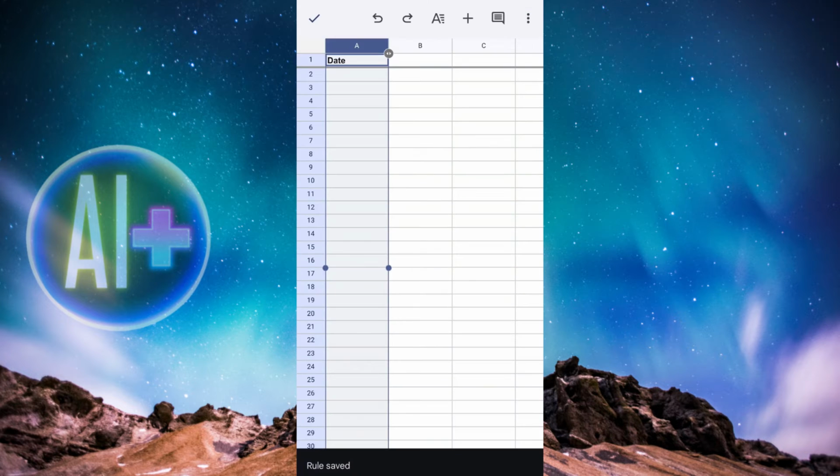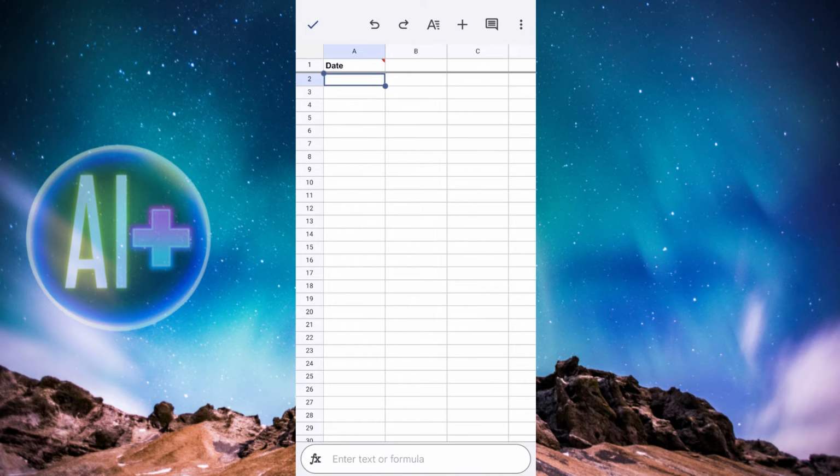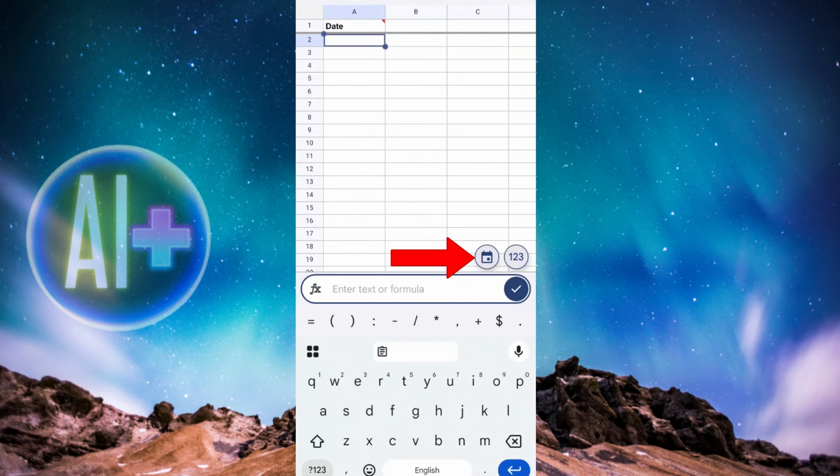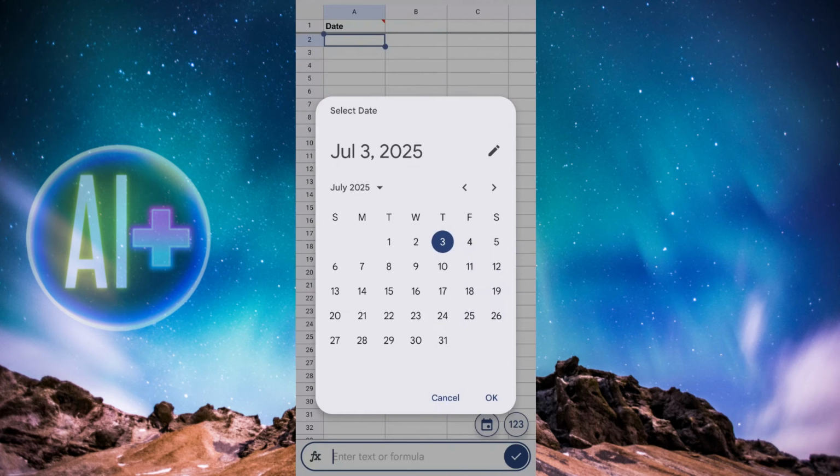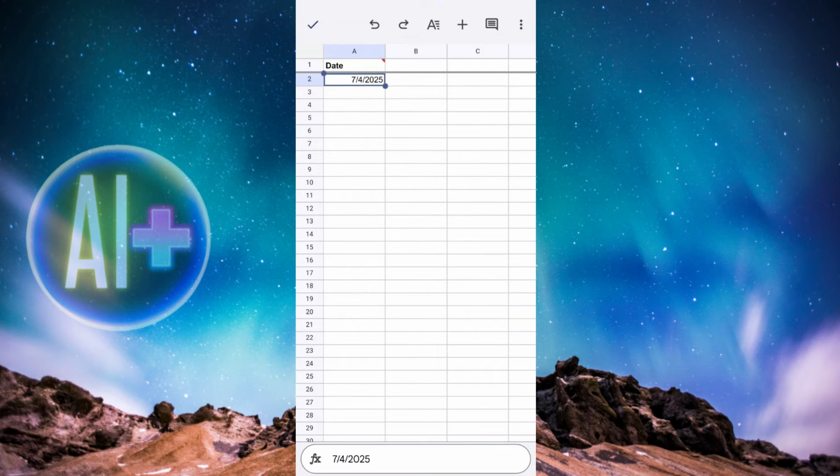So now if I click on any of the cell from this column, as you can see, I have clicked on this cell, and then if I click value over here, I will have the calendar button, and which will allow me to pick a date. So I can pick any date right now, and I can click OK, and here we go, we have a